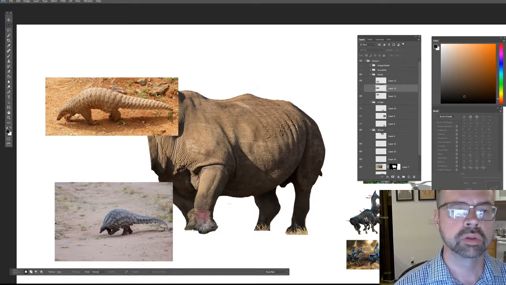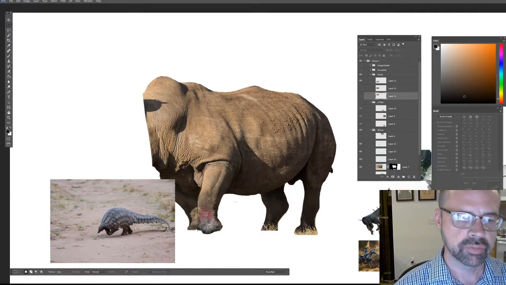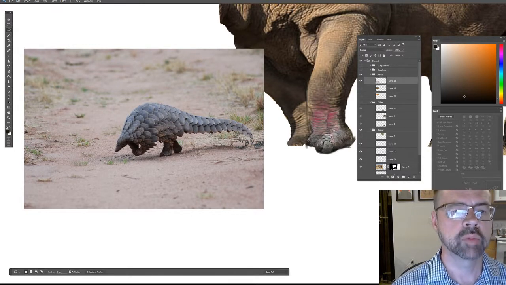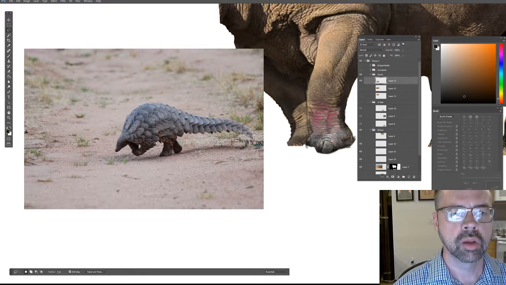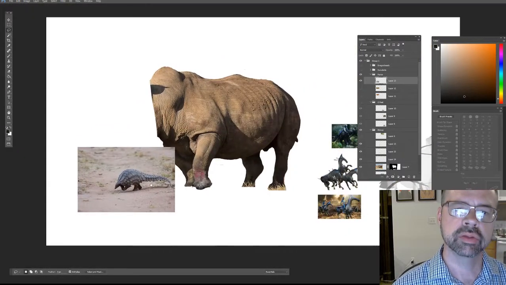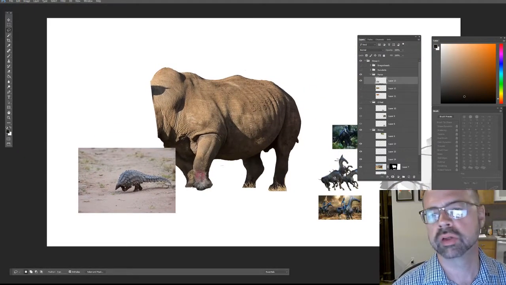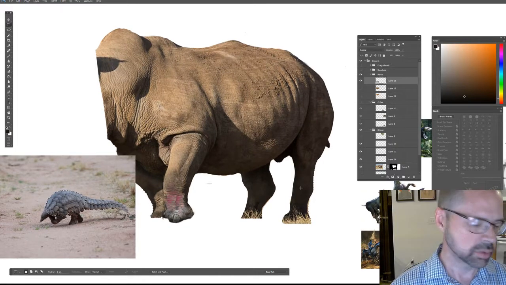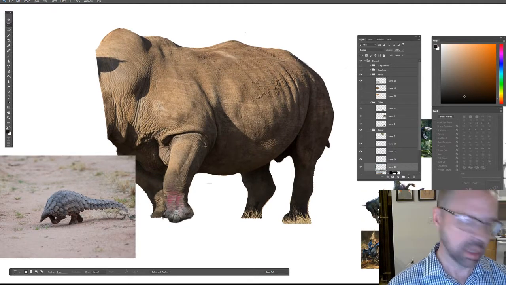So I'm going to just turn these guys off, and I'm going to go to that layer, and with my lasso tool just grab what I think I will need to throw on the back of this rhinoceros. And you know, the lighting on this rig is a little bit darker, and the lighting is a little more diffuse. This lighting is a lot more high contrast, so I'm going to have to cope with